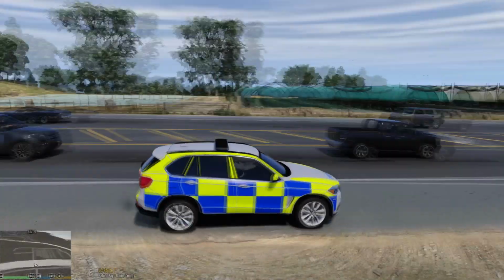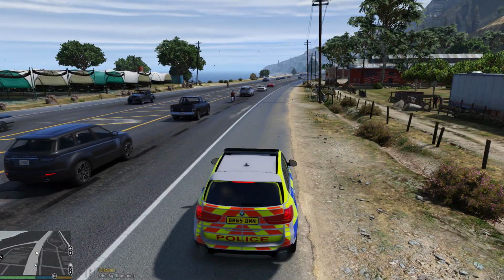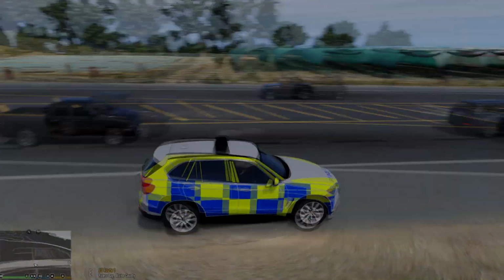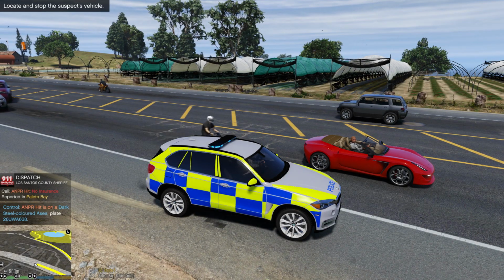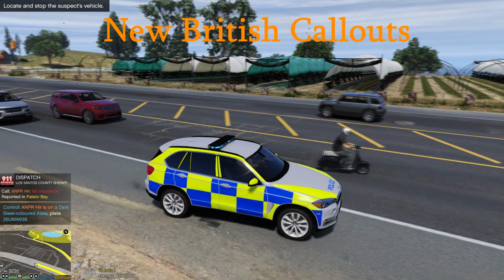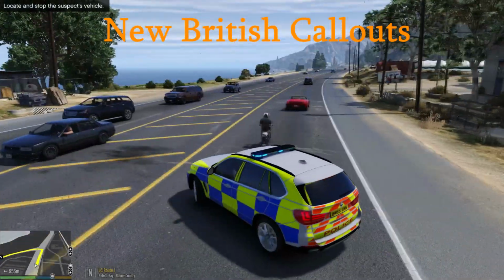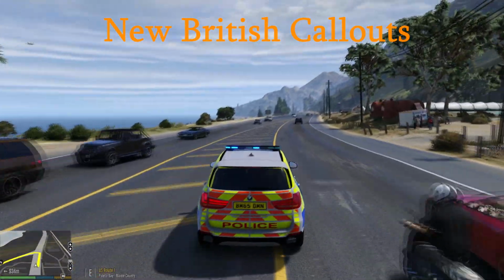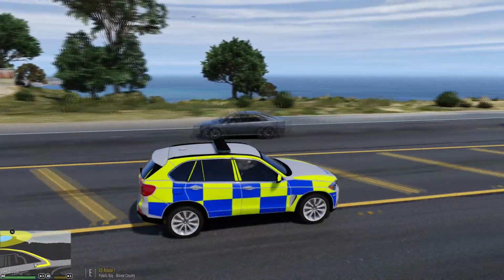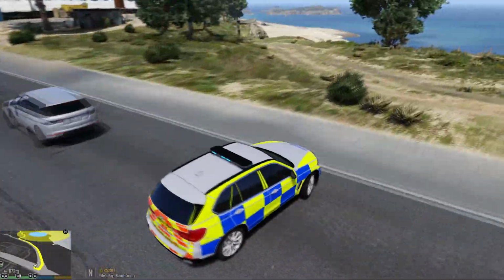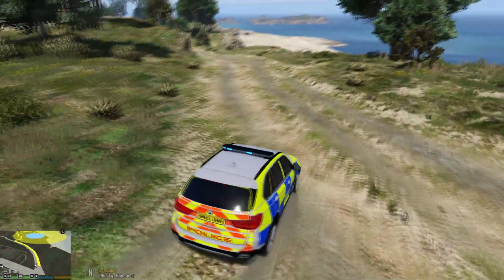So, as a last thing, I'm just going to be showing off a few of the British Policing Script new callouts that it has to offer. So as we can see now, we just got the ANPR for no insurance, and we got a directional marker. This is also a new callout, so ANPR hits with a slightly more British feel to them. So no insurance ANPRs are quite common,